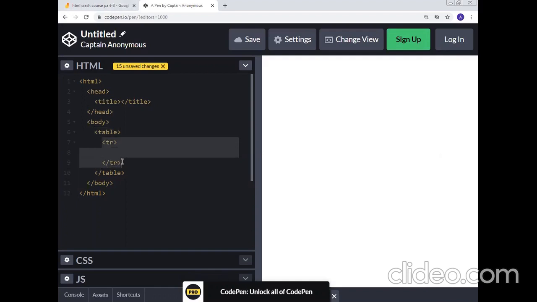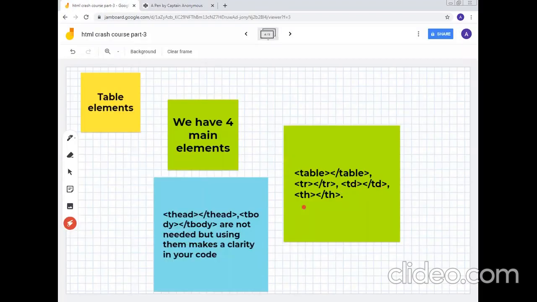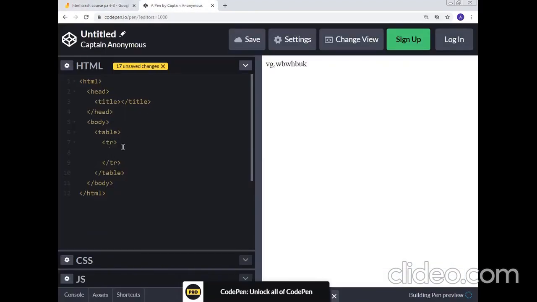This is a table row, and we can have data in it like this. But it's gonna just type the data, and it's not gonna be in a table format. To do that, we have 2 other tags, td and th. So td is table data, th is table heading. So we want to create a table heading like roll number. And now the text will be bold and we are getting roll number.